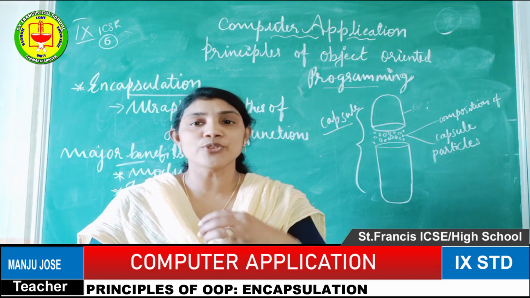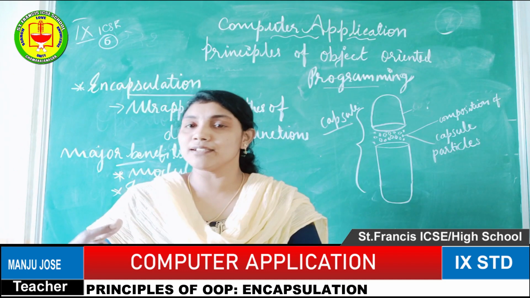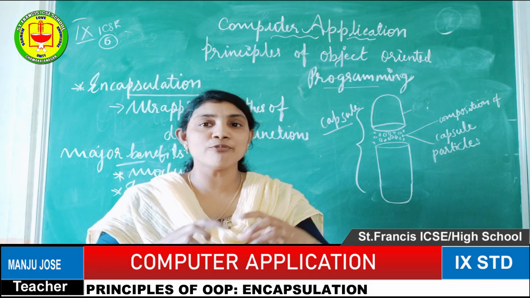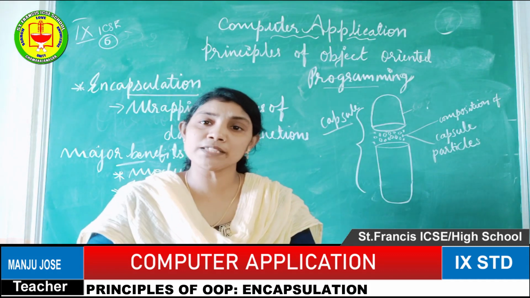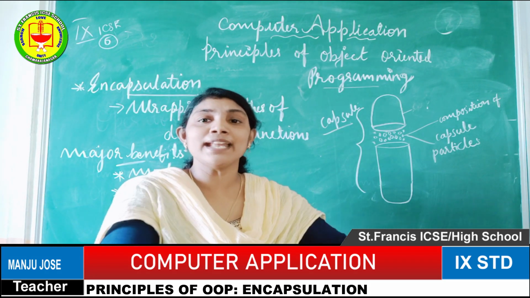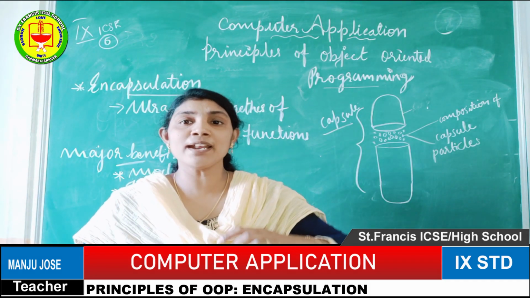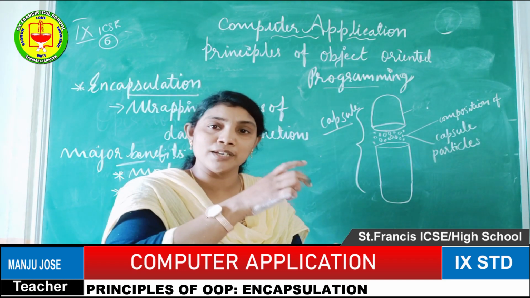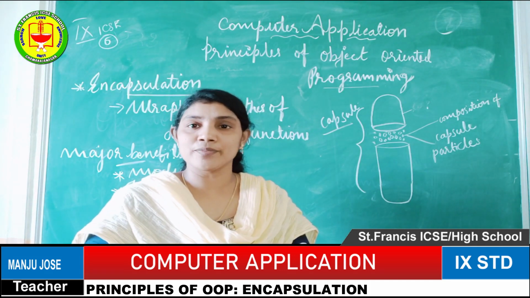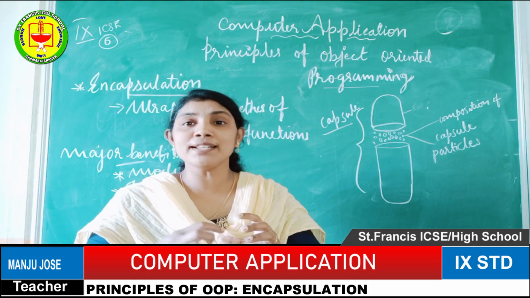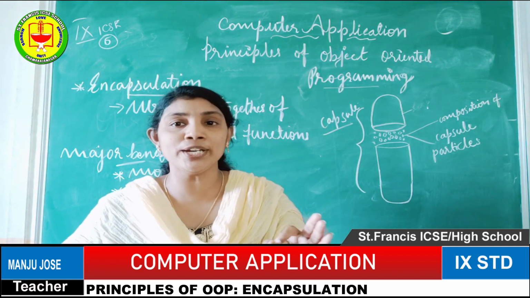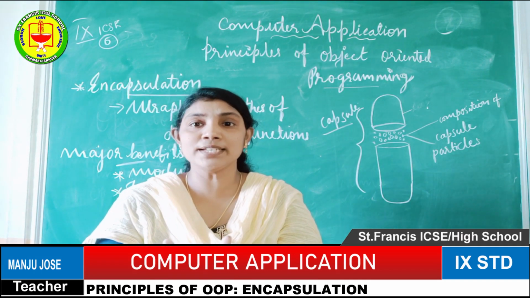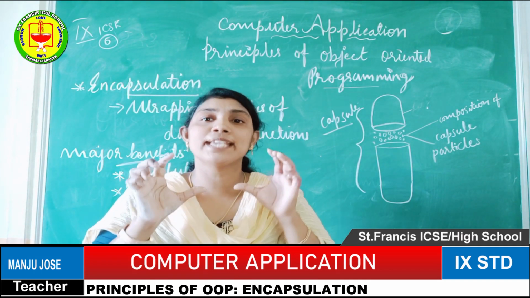That is one example. Another example: if you want to go somewhere, say you planned a 2-3 day trip, and you are ready to go out, then before that we are packing our things. For what purpose are we packing? You could directly take things in hand and go. It's possible. But we are packing properly. We keep different things in different places in the luggage bag. For what purpose? Unwanted interference or misuse we need to avoid. For that purpose only we are providing one strong outer cover, isn't it? So this concept is known as encapsulation.